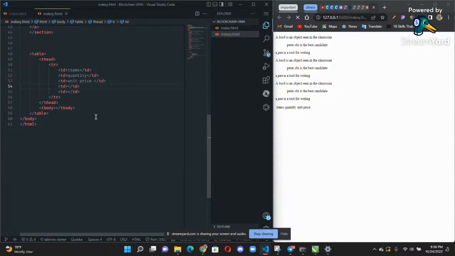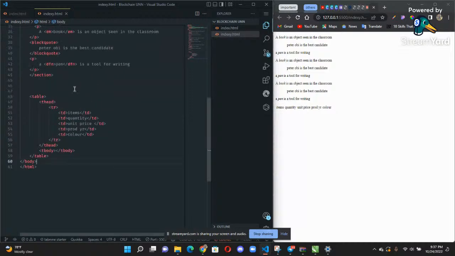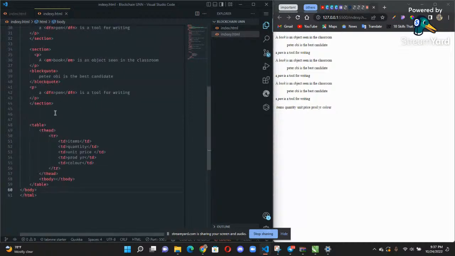Next one, let me use production year. Then I'll just have 5 columns. The last one, column. Now you see all these things: items, quantity, unit. Okay, no, let me comment these ones off so it won't confuse us.